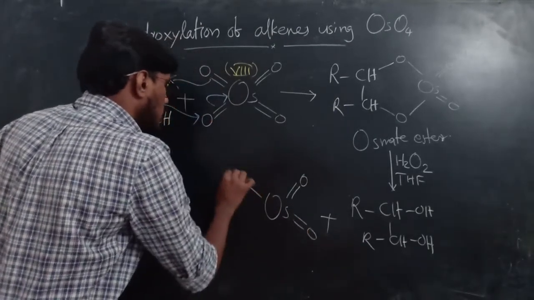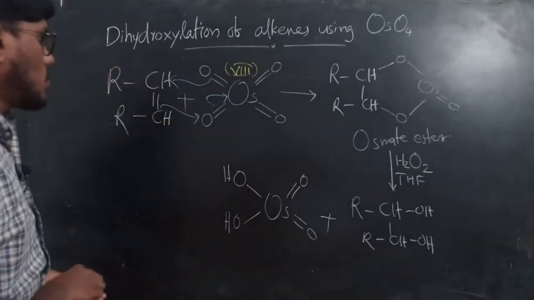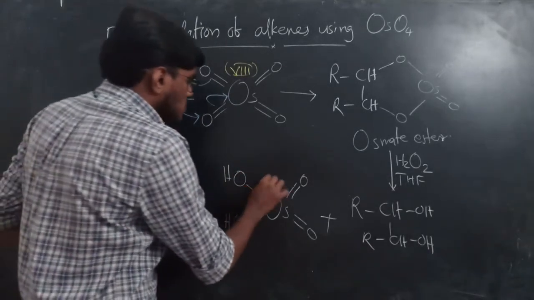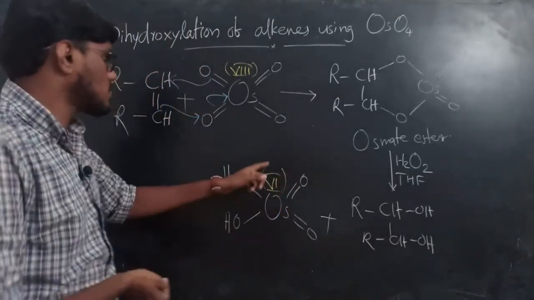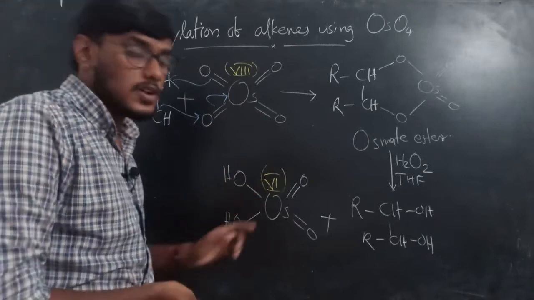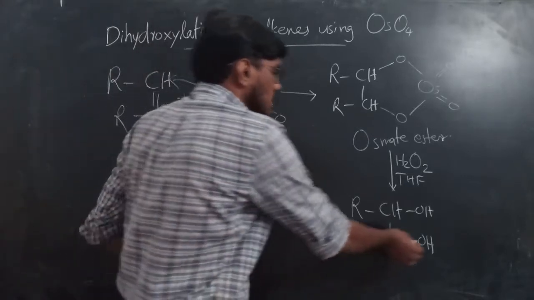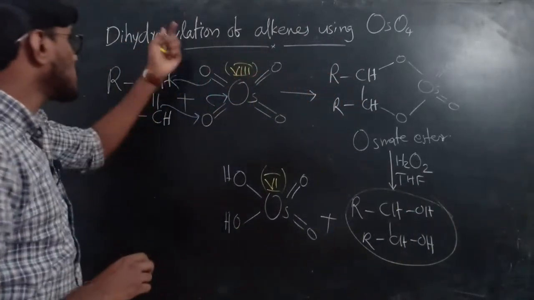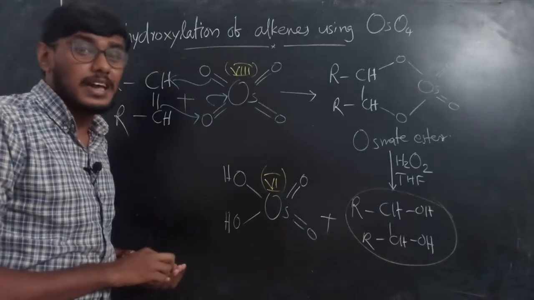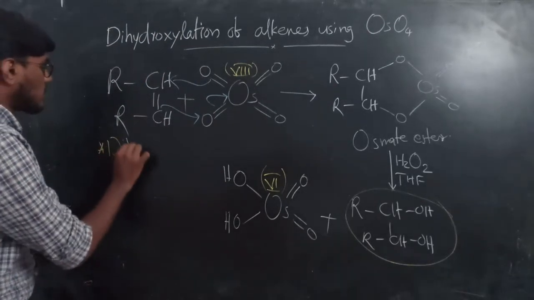It's a vicinal cis diol, plus the byproduct, an osmium compound with OH. Here you must remember the oxidation state of osmium is only 6. So this osmium is reduced to an osmium(VI) compound, and you will get the product as this one. This is a cis diol. So osmium tetroxide is an oxidizing agent used for dihydroxylation